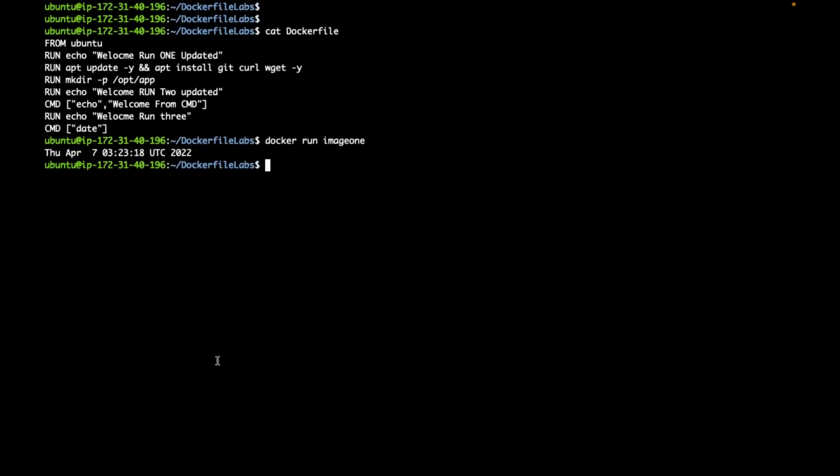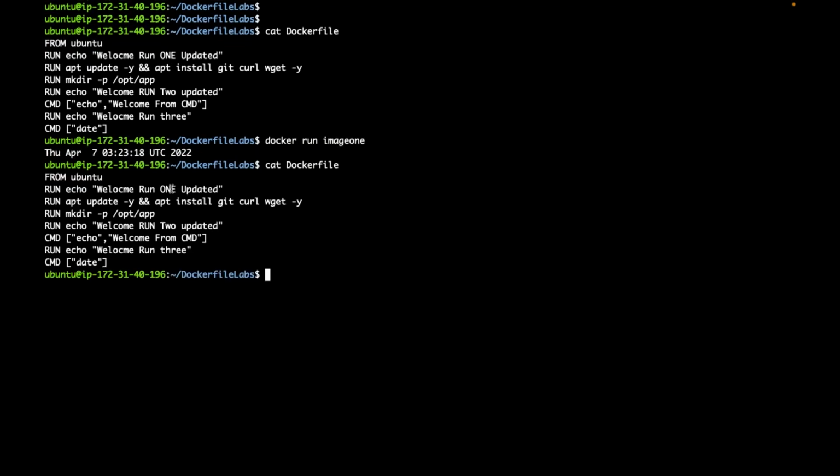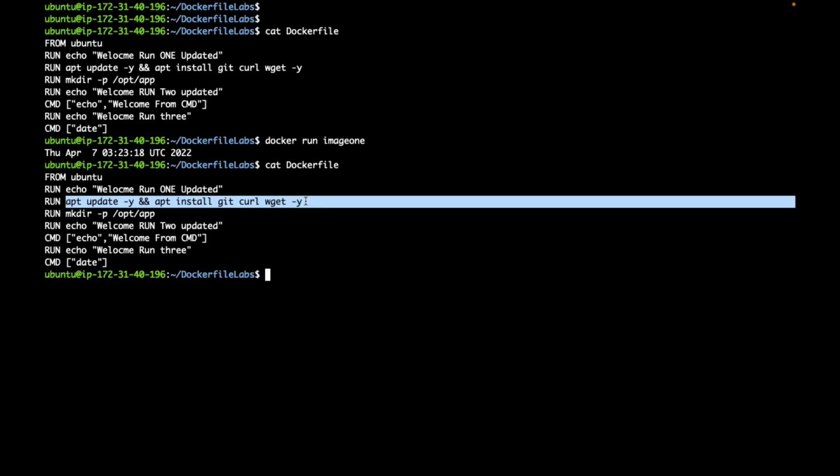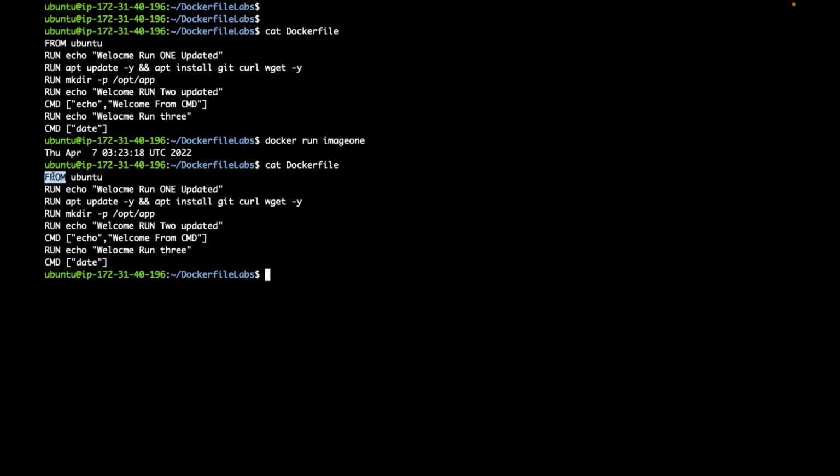When they ask you to write some sample Dockerfiles, they are not worried about what you are doing here. You no need to remember all these things. When they ask you to write a sample Dockerfile, you can just give a snippet here. I will do like this. No need to give exact code here. But what they will be focusing more on is whether you are using the correct